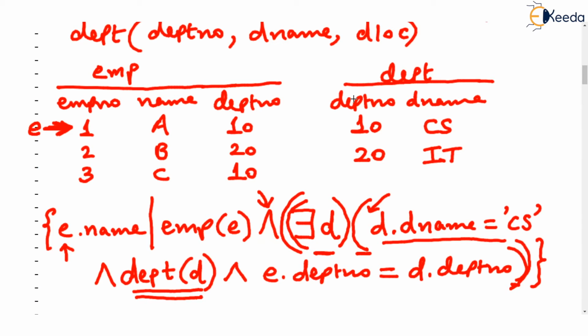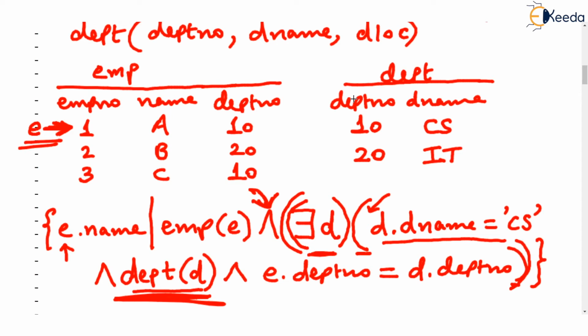E is at first tuple, as you see, and now continue reading after this. What's written here is that there must exist a D where D ranges over all the departments such that D name must be CS. Now this is a bounded variable. D is a bounded variable. So what will happen is